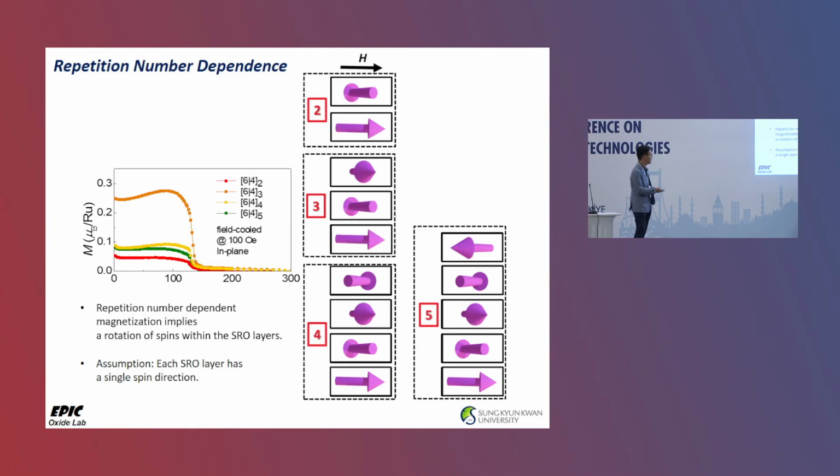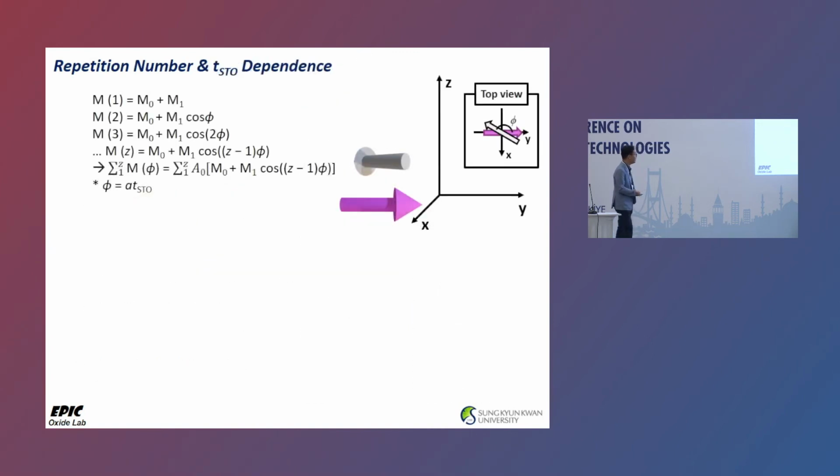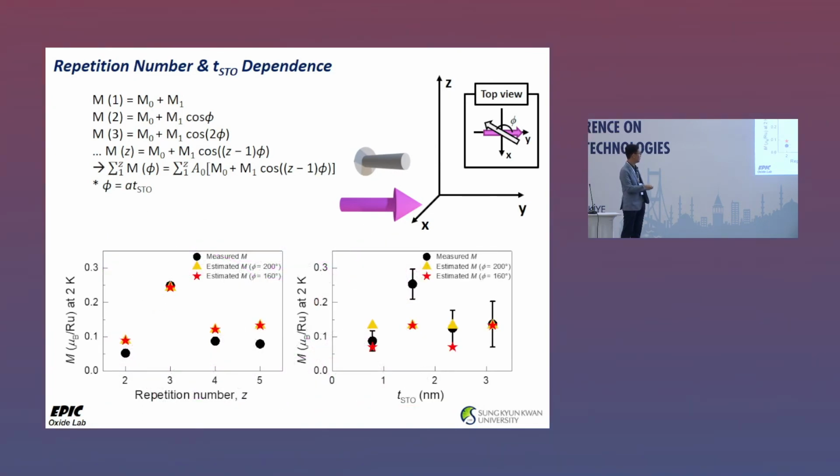Of course, we need some reference layer. Probably that's where the symmetry breaks, at the interface between the substrate or the surface. But basically, you can at least explain this type of experimental data. Okay? So you can do all sorts of things. You can just add, again, this vector sum of these different layers, and then you can, to some extent, match this type of Z dependence. So this, again, is the repetition number dependence, and also the Y dependence, which is the STO thickness dependence.